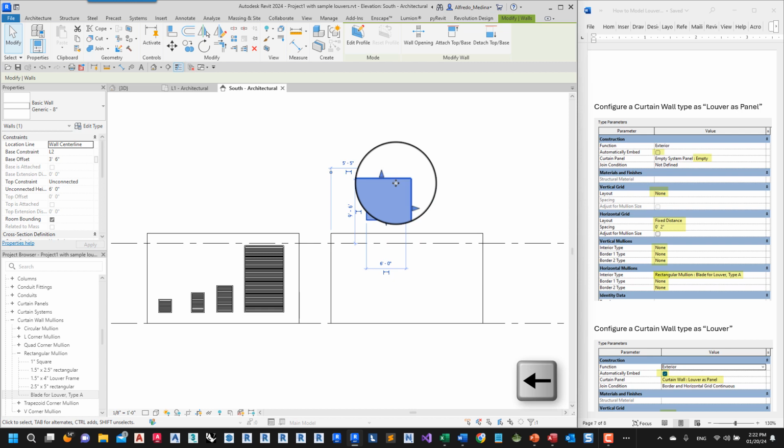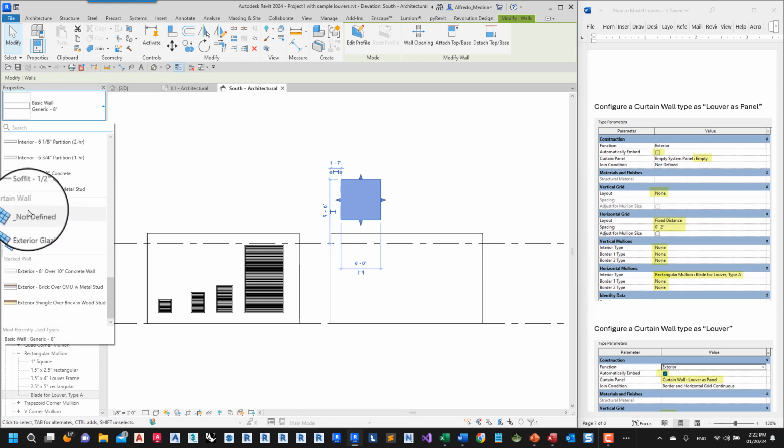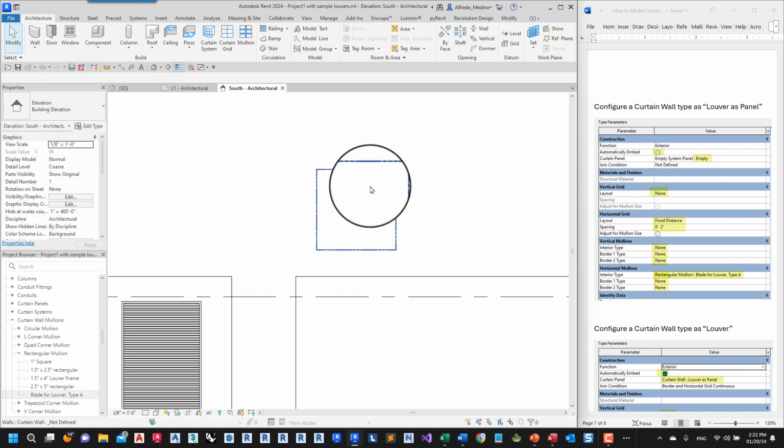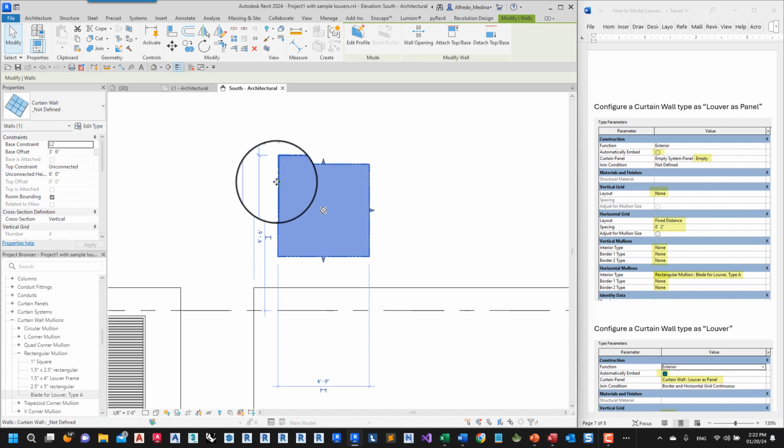And I am going to move this wall over here and then convert this into a default curtain wall type, the first type that says not defined. So now what we have is an empty curtain wall type that doesn't have frames, doesn't have anything. So we are going to convert this into the louver as panel.